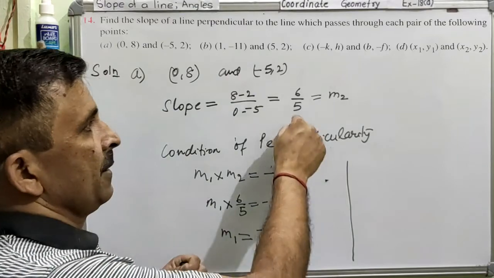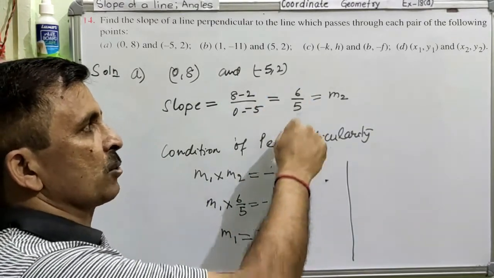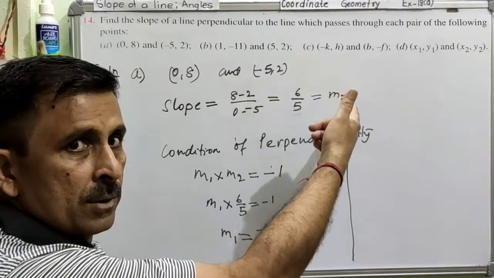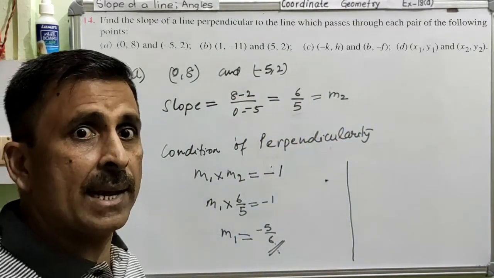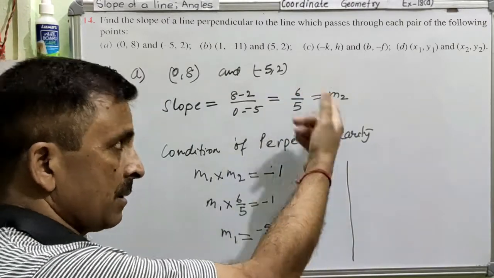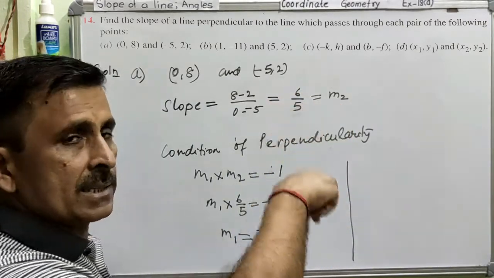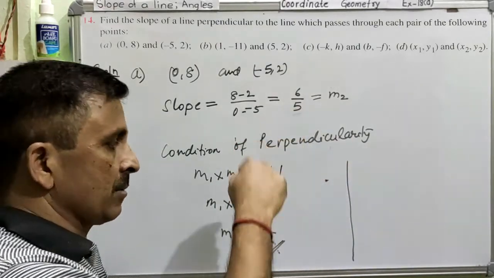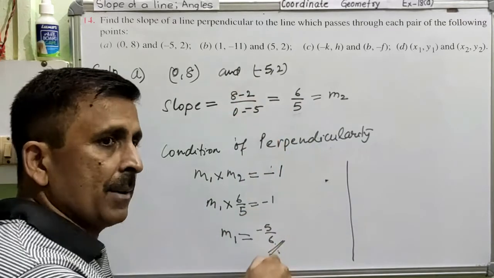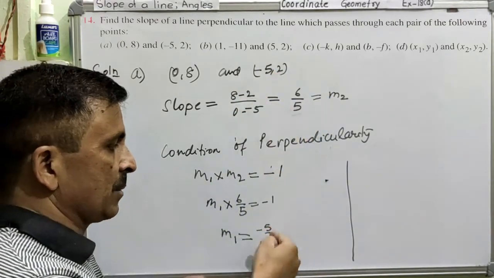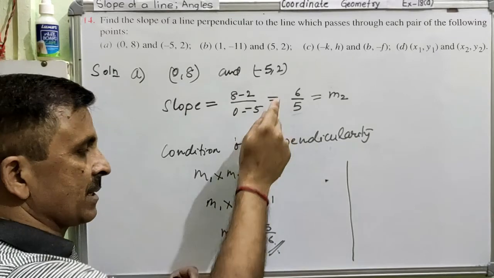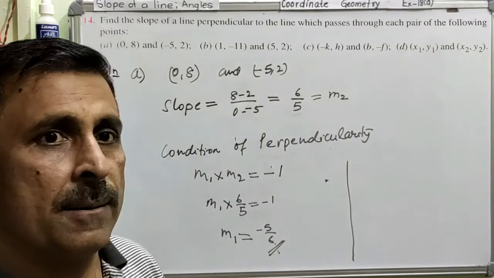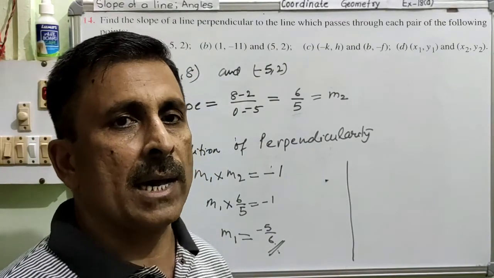Now see how. The slope of one line is 6 over 5. Clear? Now what will be the reciprocal of this? Just upside down. So 5 over 6. And then what I said? Negative reciprocal. So just make it reciprocal and then change the sign. Don't say minus sign, say change the sign, because if this is minus, then this will become plus, or if this is plus, then this will become minus. So first of all we wrote this in the reciprocal form, and then we changed the sign. This is positive, so this is negative. So this is how we can find out the slope if the two lines are perpendicular.